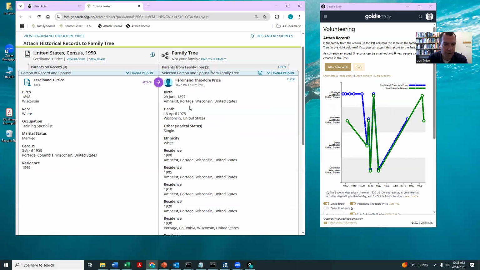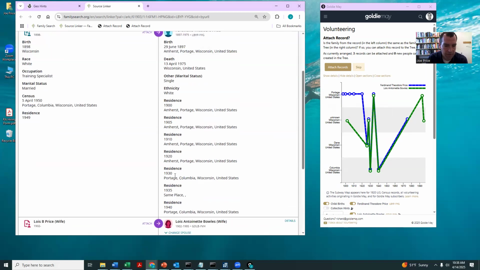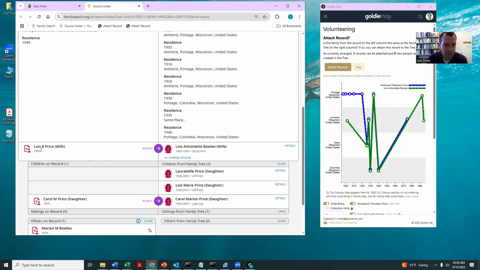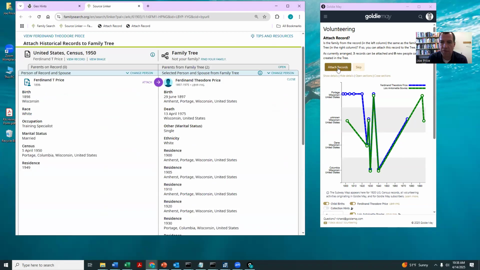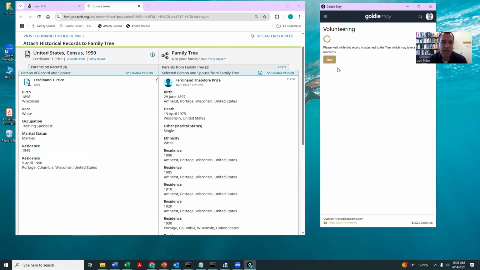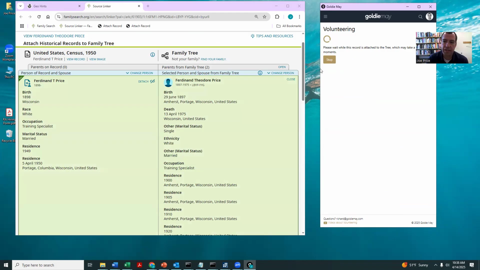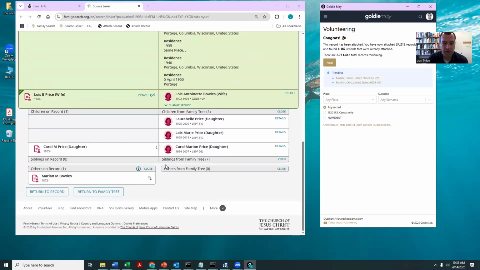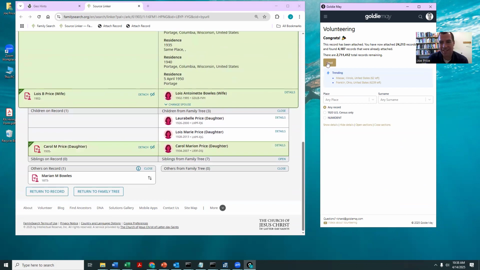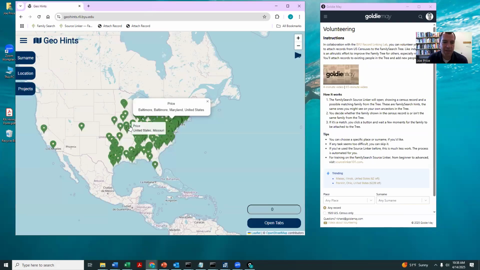As I'm scrolling down, I'm looking for, here I've got Portage lining up. So you can see Portage in Columbia County. That's where he was living in 1950. So this is a great match. You can see Lewis lines up, Carol lines up, everyone's lining up really well. And so if you have Goldie May open, you can just hit attach records, and then it will do all of the clicking for you and bring over all that information. See how it brought everything over and then clicked it. Now, if you hit next, it will actually not do what you want it to do. It'll pull another hint from the Goldie May volunteering. So all you would do then is just close this and then open up another